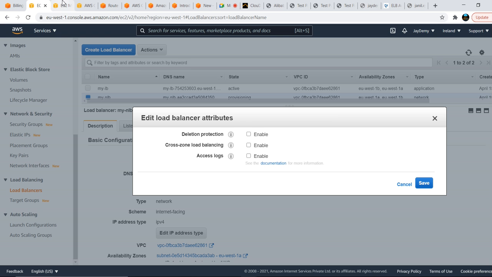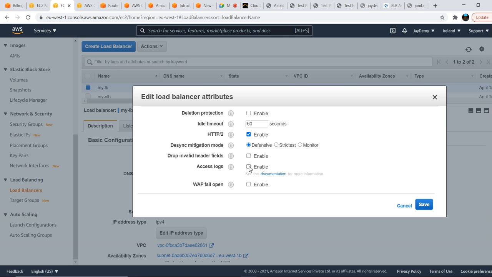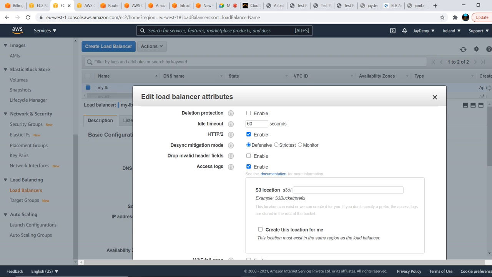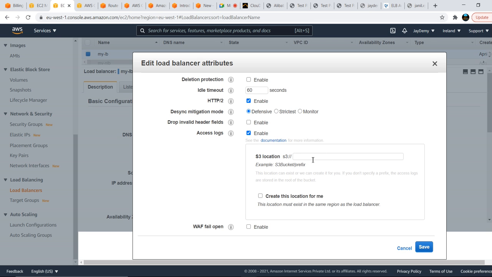And access logs are there too. Access logs are very important whenever you are working in a real-time environment, because whenever you hit any request to the load balancer, it needs to send the response and get the response, both.